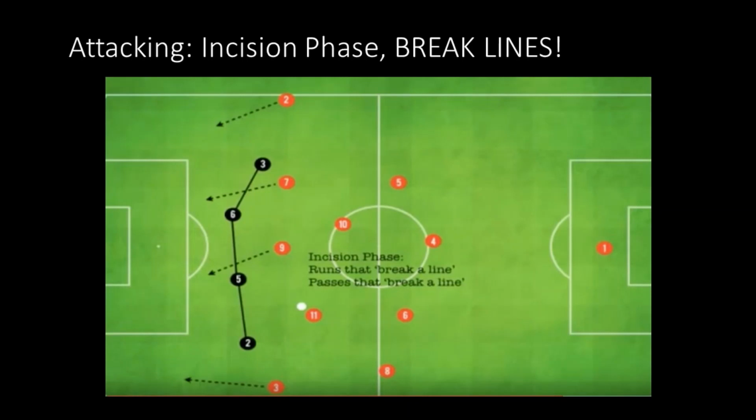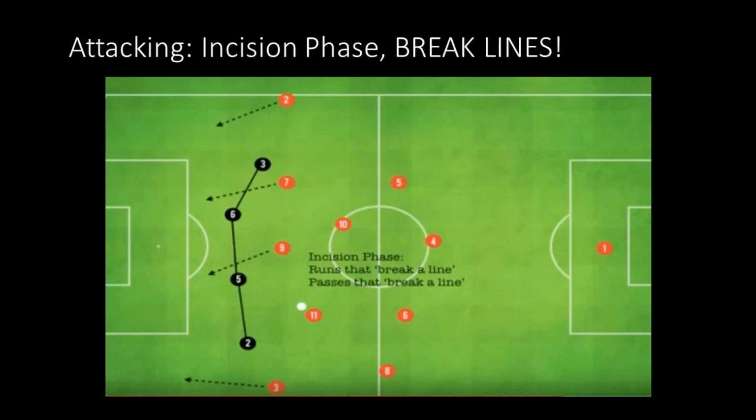So if you see the opposing team's defenders in black, number 3, number 6, number 5, and number 2, actually, their defenders are in a great position right now because they're in the back third. They're trying to defend the central area and stay nice and compact. So if this was a defending lesson, where the black players are right now, that's where we want to be. But since this is about attacking and possession, we're trying to break the lines. As you see the lines that connect 3 to 6, 6 to 5, 5 to 2, we're trying to get in behind them. And that's what we train.